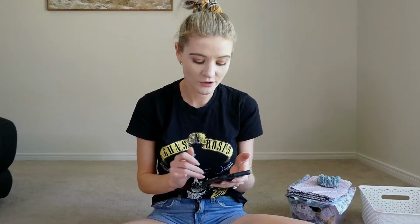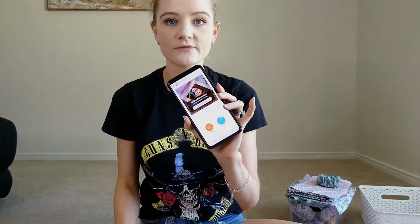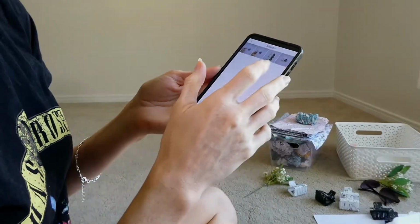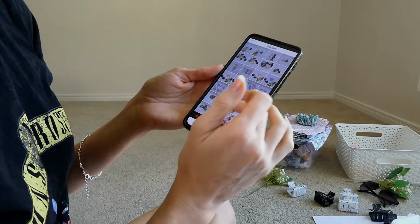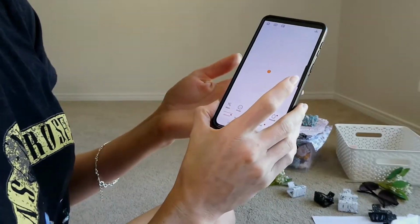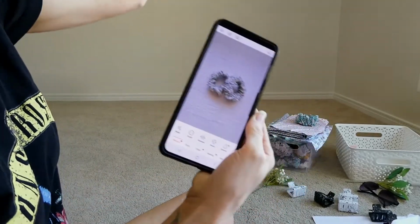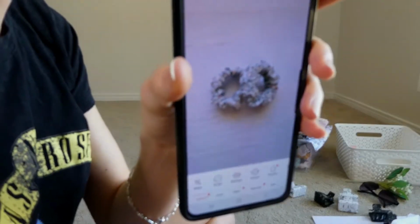Anyway, I'm just going to edit some of these photos. So the first thing I am going to do is go on to Airbrush. So Airbrush, I just use the free Airbrush. Bring up my camera and then I will just bring in a photo. So I'm just going to start off with these flowery ones because I really like those. So this is the photo we are working with,